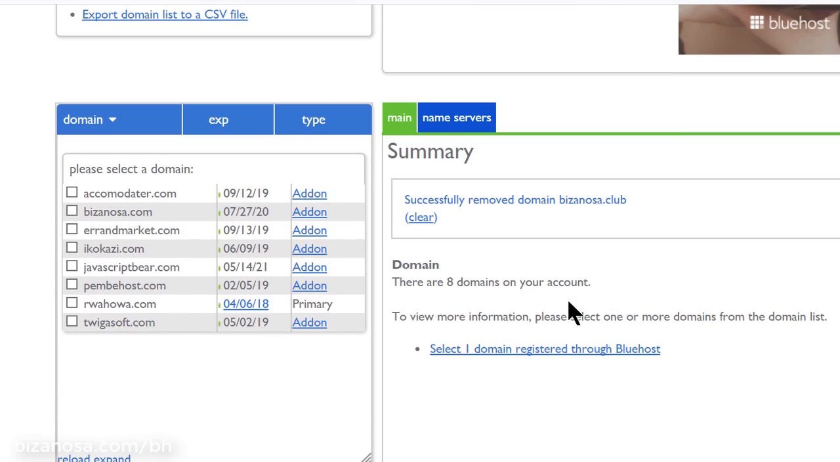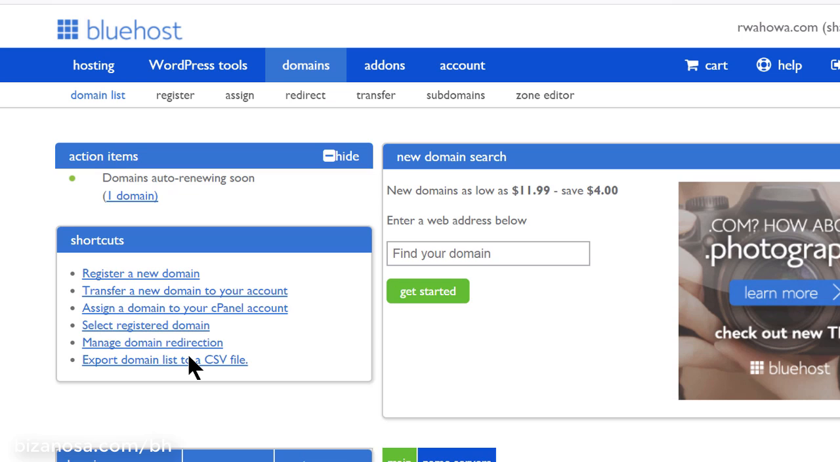And so if I come to my list of domains, you're going to see that it is not here. So that means I can assign it once again. So I will assign a domain to my cPanel account. And this time round, I hope that everything is going to go smoothly,